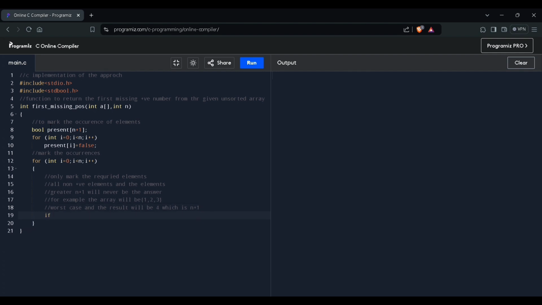Okay, let me write the if condition. So in C we will use the relational operators like greater than, less than, and operators. Using those, we should write the conditions, like a of i should be greater than 0, the element should be greater than 0. So a of i is greater than 0,